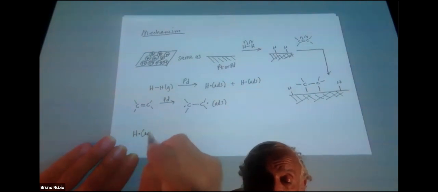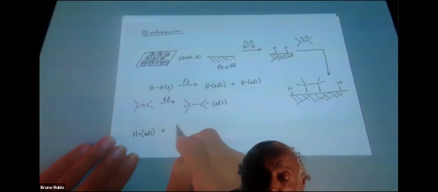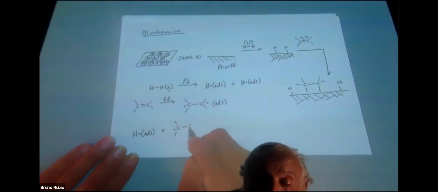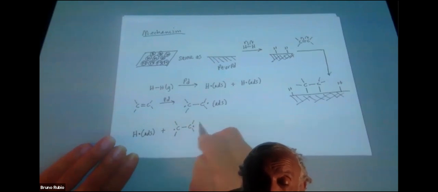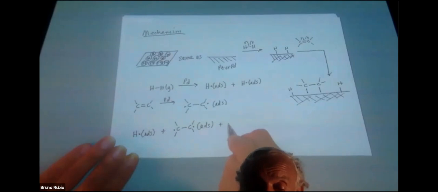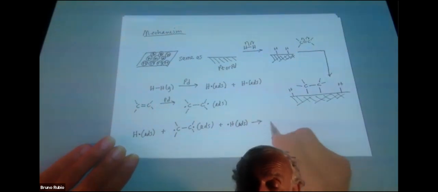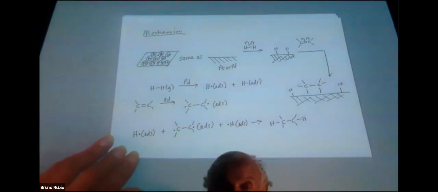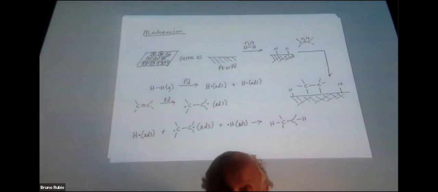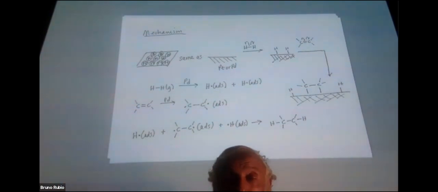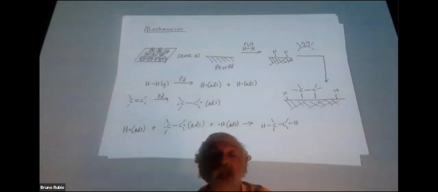And so one of the hydrogen flowers gets picked by the alkene, and then the other hydrogen flower gets picked by the adsorbed alkene. And so what has happened here is the hydrogenation of that carbon-carbon double bond to a single bond on the surface of the catalyst. And now this thing is going to diffuse away from the surface of the catalyst. It could enter into some kind of side reaction, but that's not normally a problem. Okay, so that's our mechanism for